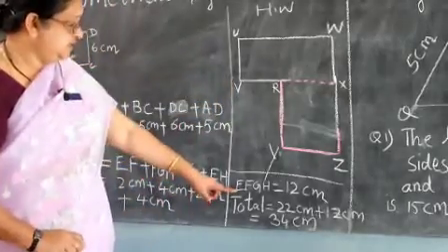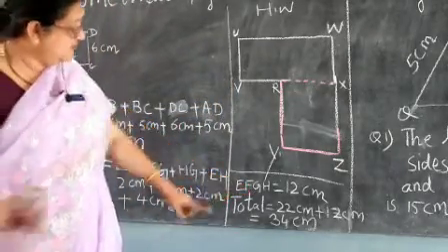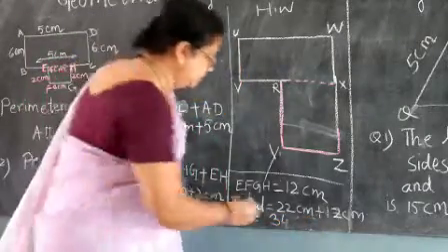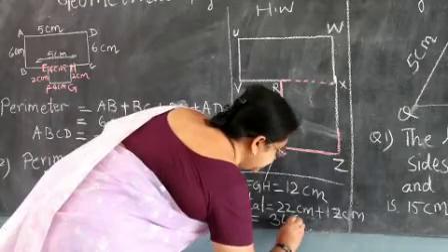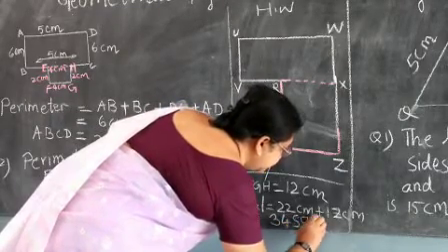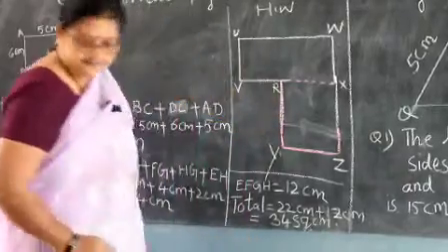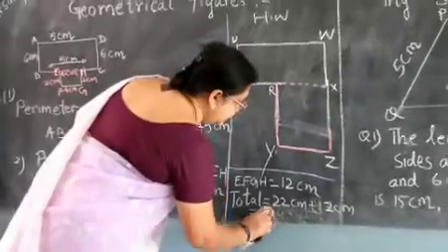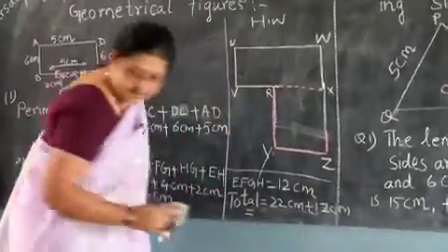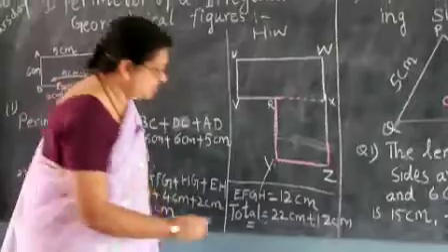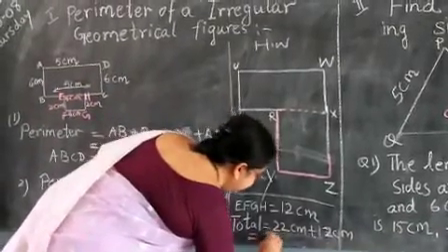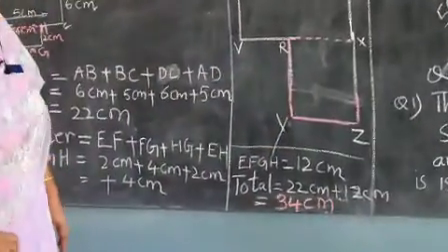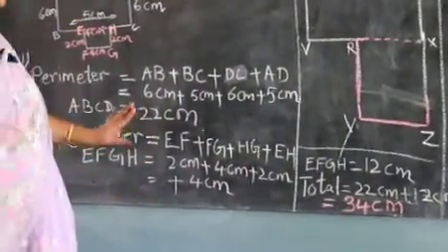Now will you write 34 centimeter only, children? Be very careful. It will be 34 square centimeter because the unit of area is measured in square centimeter. All of you got it, children? So this is the answer. You can write it neatly. I hope you are understanding. It is visible, I hope. Is equal to 34 square centimeter. Okay? So very simple, children.